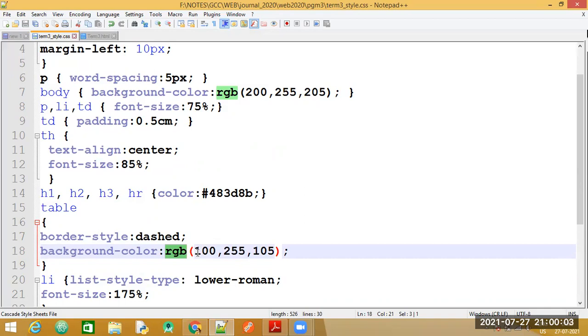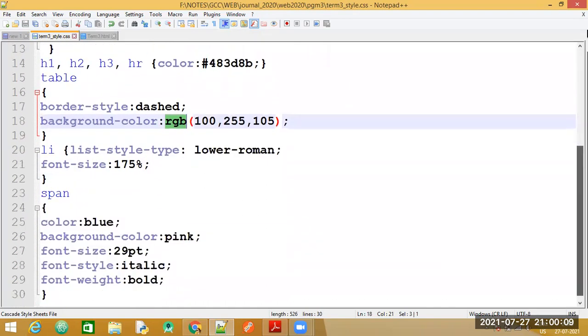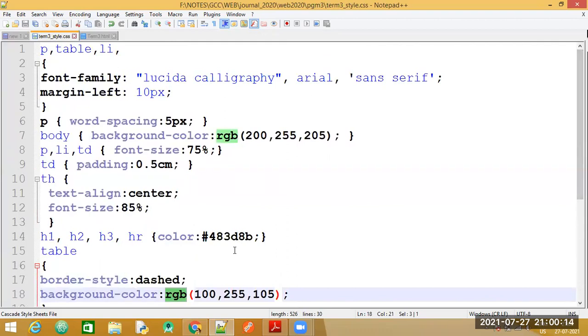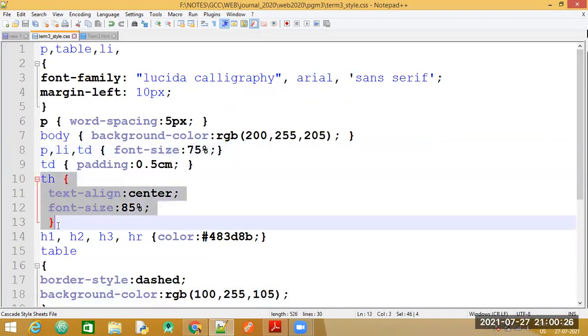The combination of these 3 numbers will be displayed as the color. Let us check again if we have specified any more properties for the table. Okay, that's it. Then after the table tag, we have also specified for the TD element within the table, and the property is just the font size. For the table heading, these properties are specified: text-align has to be center and font size 85%.